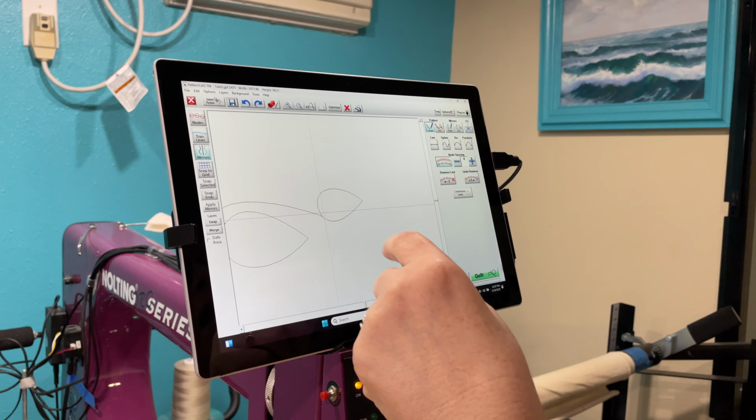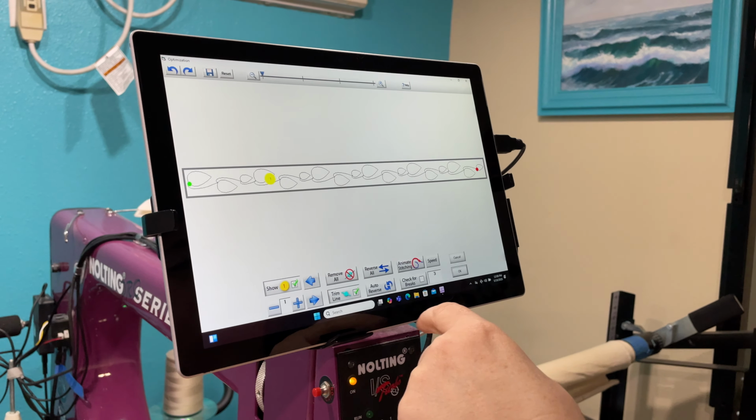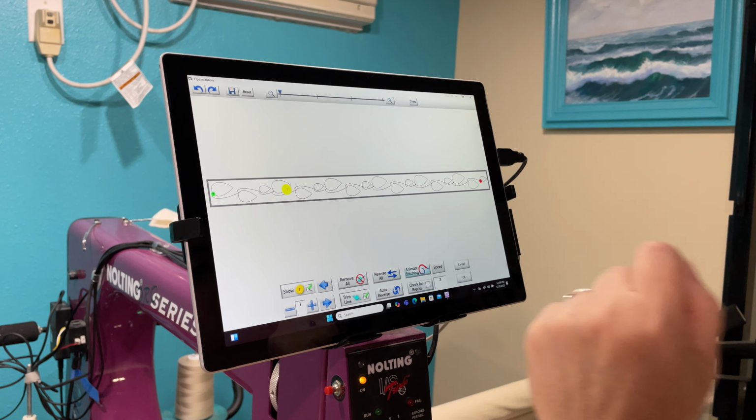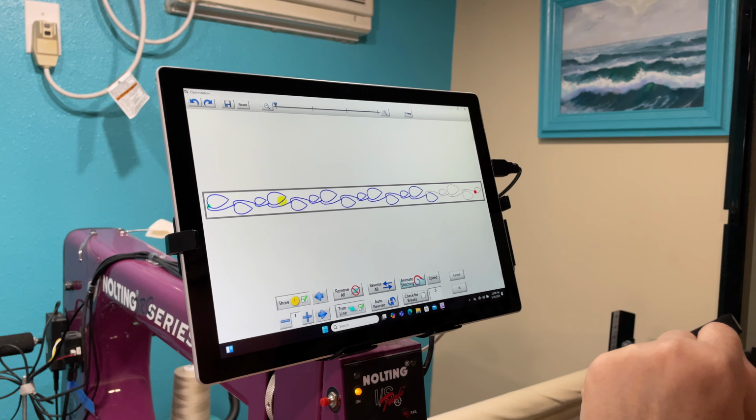We'll say yes. Now it's gone. We can optimize it just to make sure there's no blue points or stop points, and there isn't. So here it goes. All right,